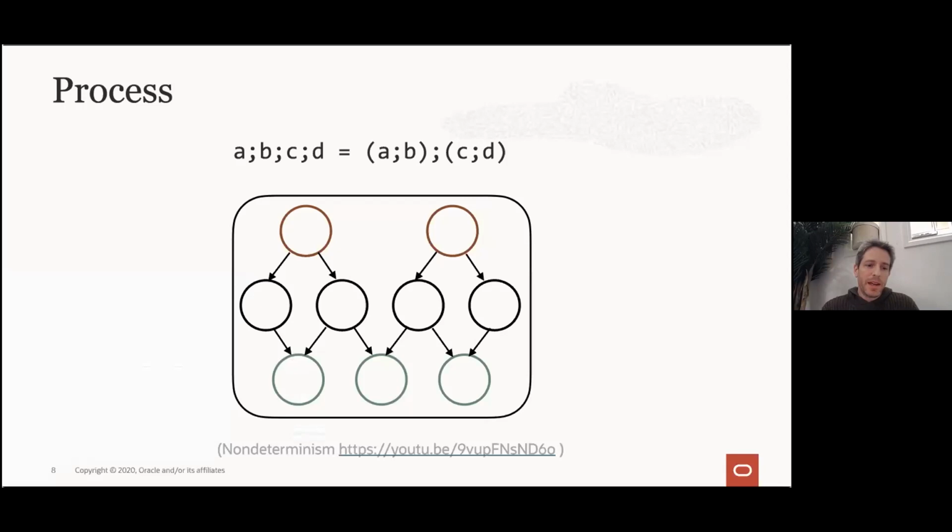Now, let's define it more precisely. Syntactically, a process is some sequential composition of operations. Each of those can be primitive or complex. And we see that a sequential composition of processes is also a process. Semantically, a process can be viewed as a state machine, not necessarily a finite state machine, with some initial states and some final states. And of course, chaining multiple state machines also gives you a state machine.